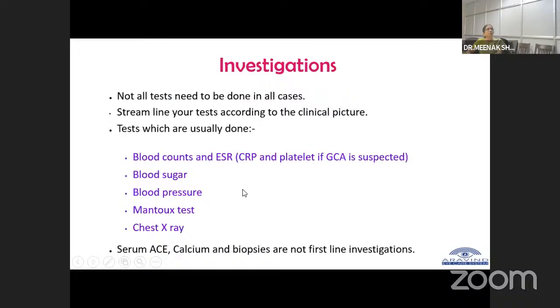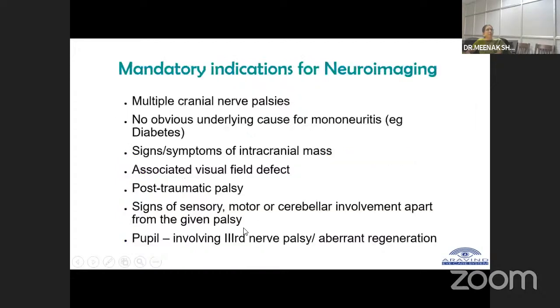Coming to the investigations, always streamline your tests. All the blood counts, sugar, BP, all that have to be done. And a mandatory indication for neuroimaging is multiple cranial nerve palsy, or if there is no systemic cause, or